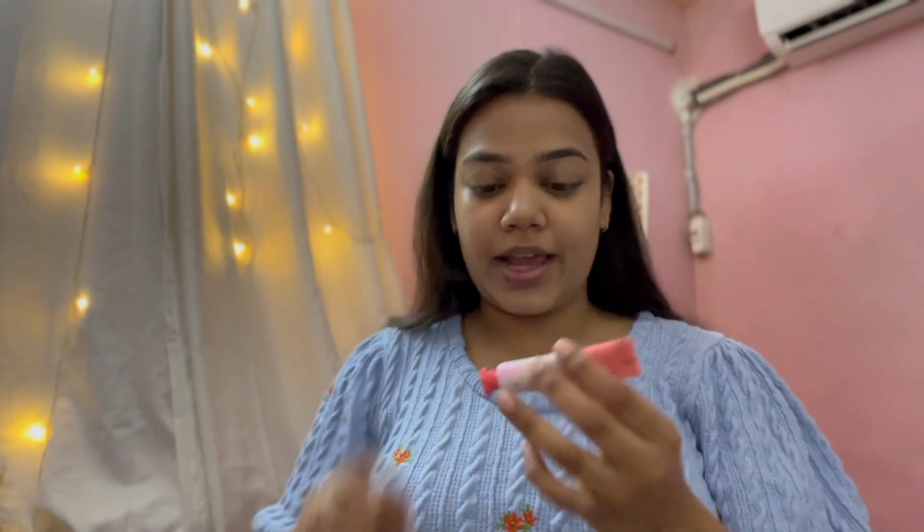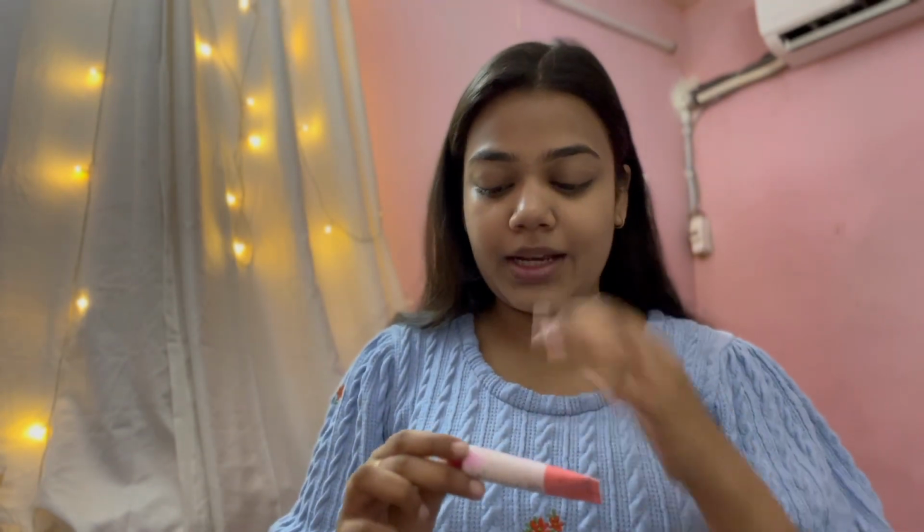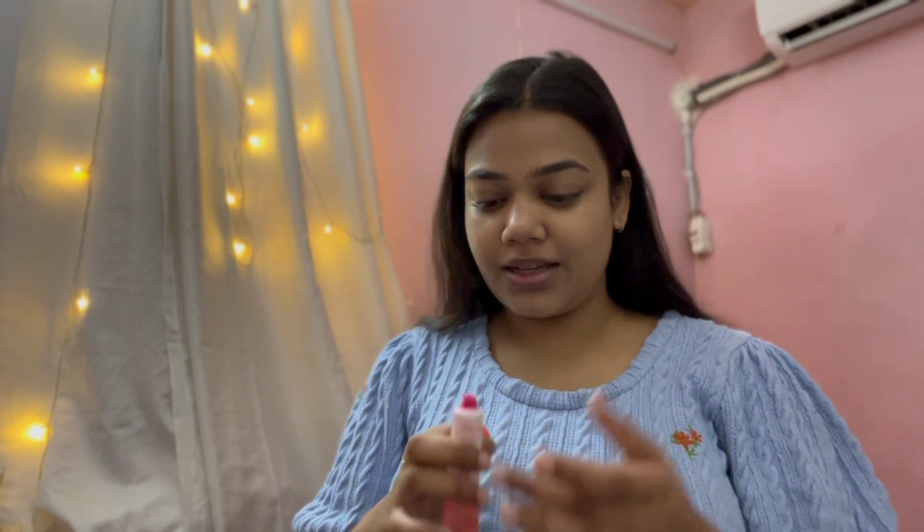This is what it looks like, and it's extremely tinted. So I only take, and it ends up leaking. These 2 products end up leaking. So I accidentally used it once as a tint when I had leftovers in my hand, and then I just never went back. So I take just this much because it's extremely tinted, and I just put it like this onto my fingers